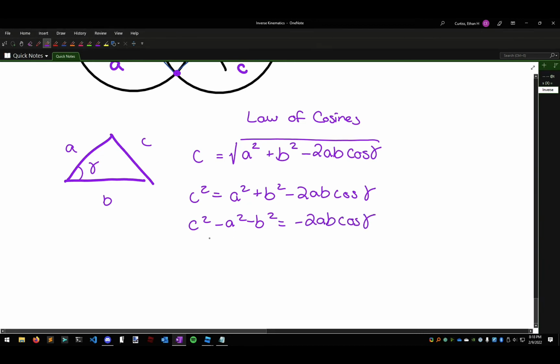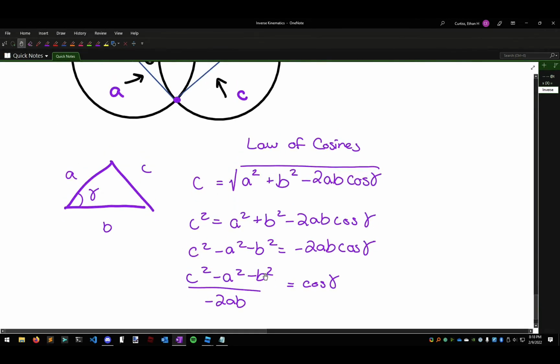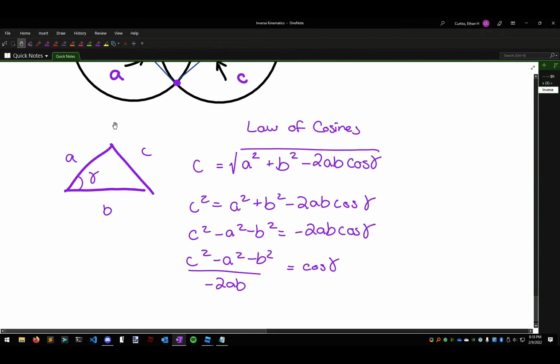And then we'll divide by negative 2ab. Okay, and then we can actually stop here. So we don't need the exact value of gamma because,